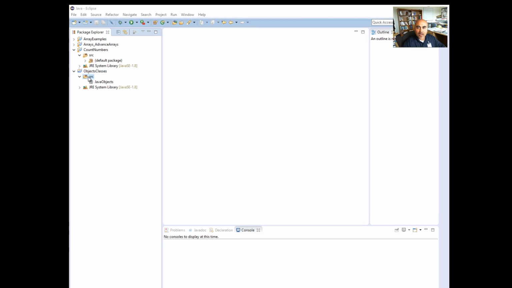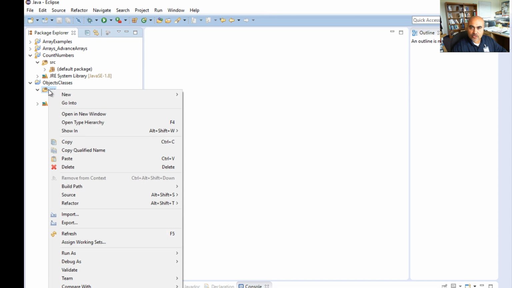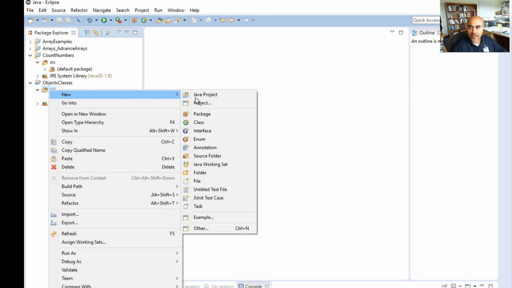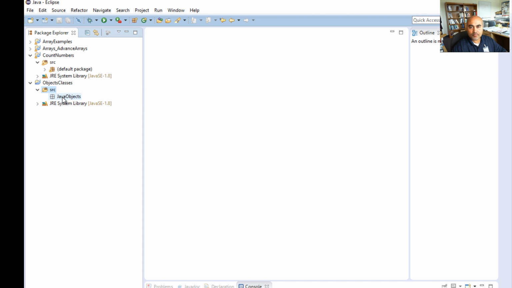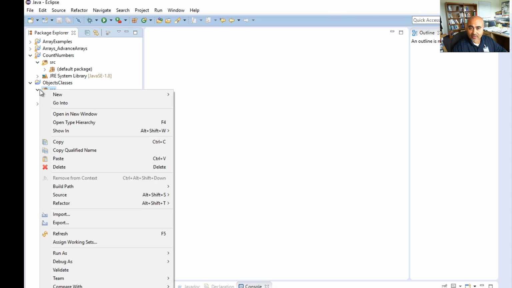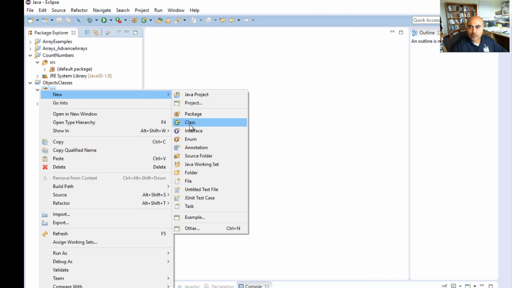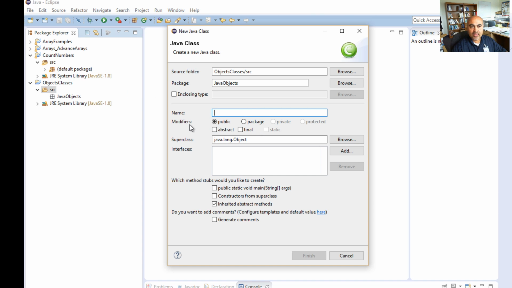The way I did that is by right-clicking on the source, going to New and clicking on Package, and then naming my package Java Objects. When we create a package, it organizes my code into folders. I would then go and create a new class, and I would name my class